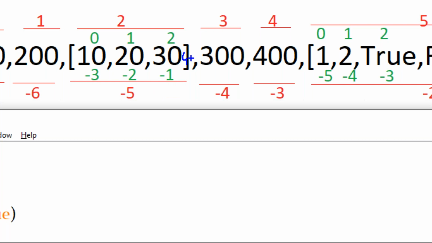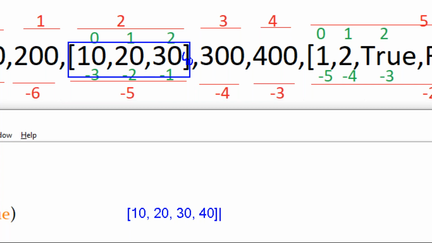Now I want to add 40 in this sublist. I want the output like this: list of 10, 20, then 30 is there, and I want 40 here. Then how to add it?